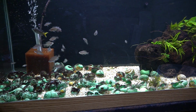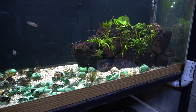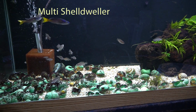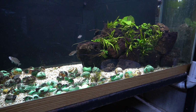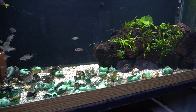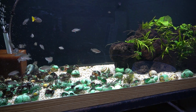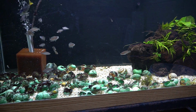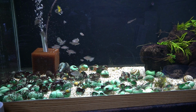I'm Rachel O'Leary, and this is my 75-gallon Neolamprologus multifasciatus aquarium that you guys have seen grow and evolve over the past few years. Recently we took out a lot of the rock work that was on this side of the aquarium in order to provide more breeding space for this fish, as the colony has expanded by leaps and bounds. One of the goals for that was to be able to see some of the natural excavation behavior